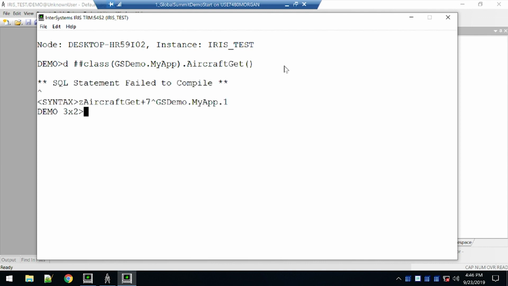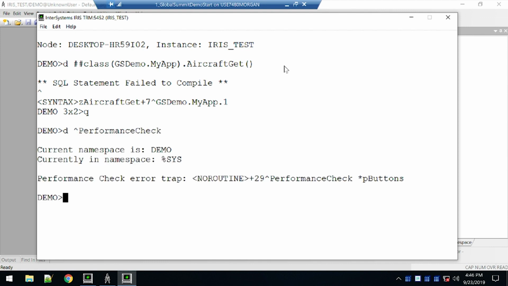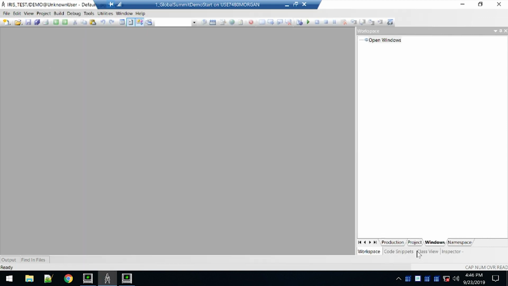I get a syntax error. Likewise, I get a no routine error. So I have to make some changes to this code. This code is not IRIS friendly. It's not IRIS compatible. So when I go into my IRIS Studio and I take a look,